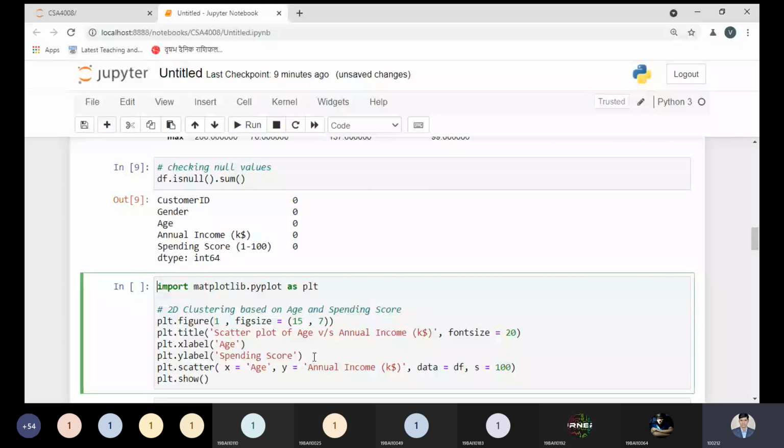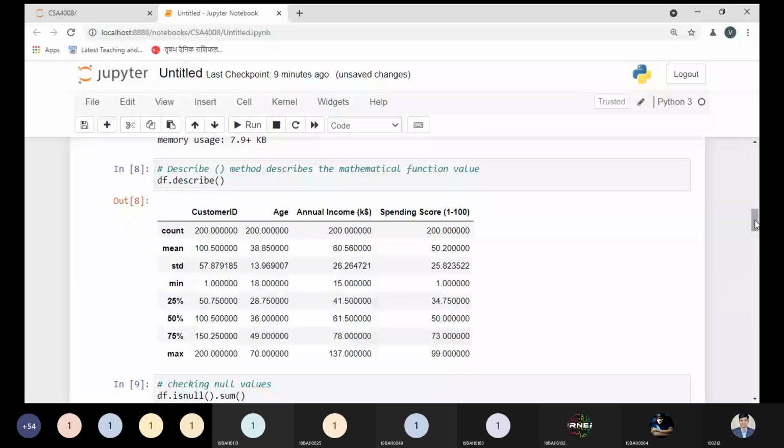So what we are doing right now, we are just displaying our information in 2D clustering based on the age and spending score. So rather than spending score, what I'm using is the annual income. So here I can ask a very simple question. Just tell me what column you want to use right now, so according to your demand, I can update my code. Is it annual income you want to use, or is it spending score you want to use? On which column do you want to make the cluster? Just tell me right now.